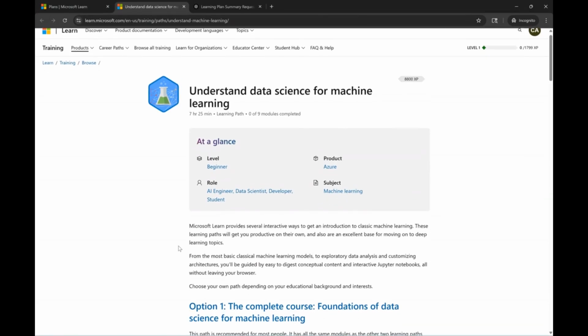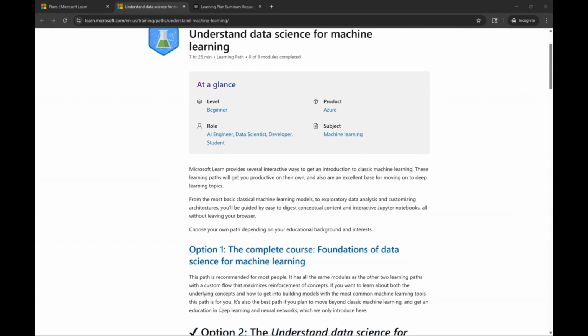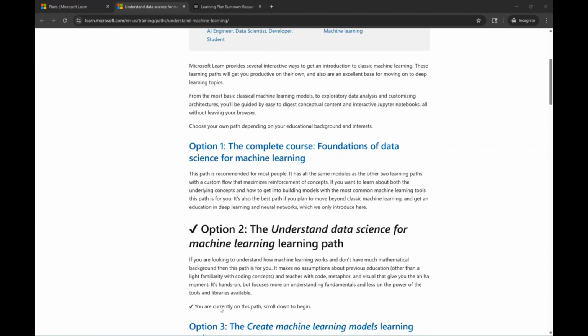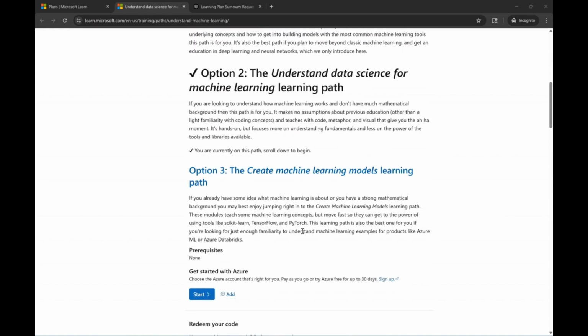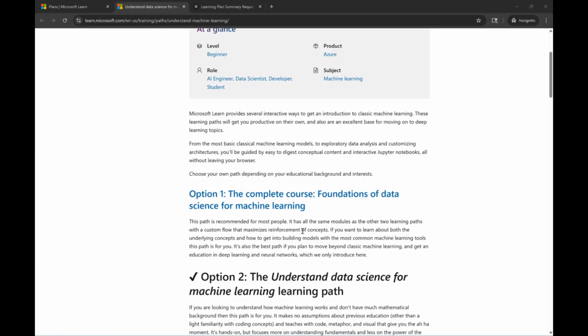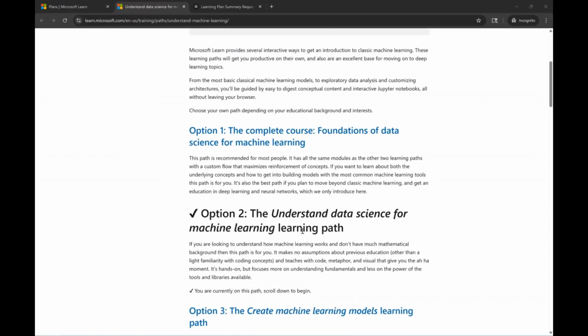Hello, in the last video we have seen how to create a plan. In this video we will see the milestones in this plan, and then we will understand data science for machine learning. In this there are multiple options, so we will choose the second option for the understand data science for machine learning path. So once we go and click on next,